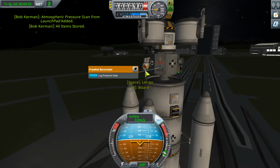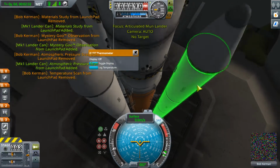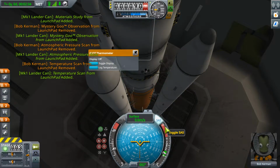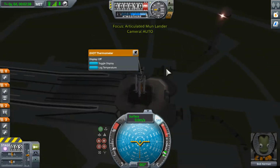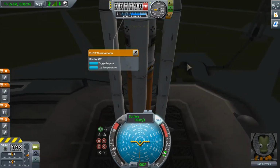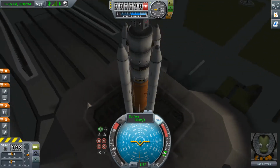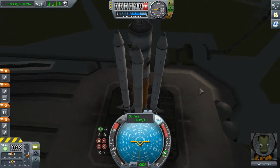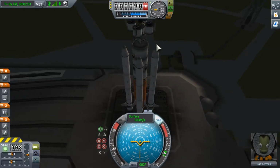Take the data from these guys. Okay, now we're ready to take off. Now that we've done all this nonsense once, we can put fairings over our... Did that fix the... Yeah. Just going back to map view and back, set the camera back to being reasonable. Okay, so anyway, now in our future missions we can include fairings because we don't have to do this stupid